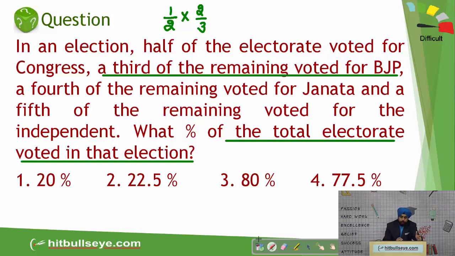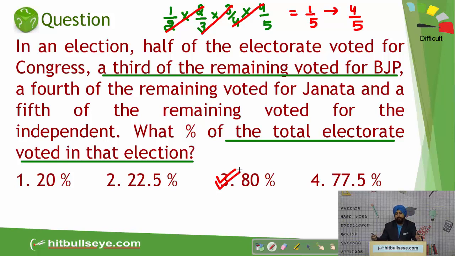Similarly, out of that 1/4 voted, so how much is left, students? 1/4 voted, so that means 3/4 is left, and finally 1/5 voted, that means 4/5 is left. So students, you can just calculate from that the leftover part happens to be 1/5. If 1/5 people left, that implies 4/5 of the people voted, and 4/5 is how much in terms of percentage? It is 80%. That is the third option. Right? Now let's go to the next question.